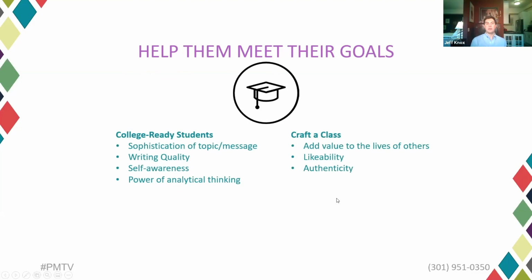And hopefully, it's going to fit in these categories. They want to know that you're college ready. That's going to help them know that you're going to graduate, right, and do it in 4 years. And they want to craft a class of people that are going to be members of their community, citizens of their community. And under the college ready category, you've got some things that you can do to express that you're college ready, and similar for helping them craft a class.